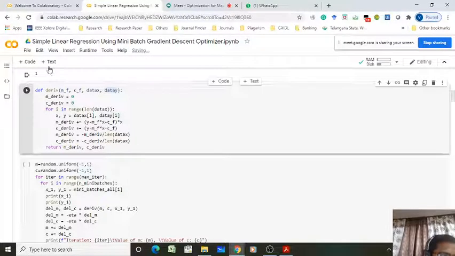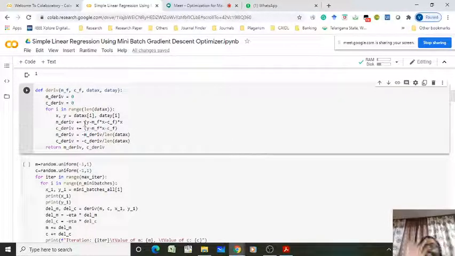So that is what is being done here, right. y minus mx minus c into x, that is the gradient with respect to m. y minus mx minus c, that is the gradient with respect to c, but you have to add it continuously for all the samples. That's why m_derivative plus equal to, this means m equal to m plus something, c equal to c plus this gradient. We are adding continuously. After that, why am I taking the minus sign here?